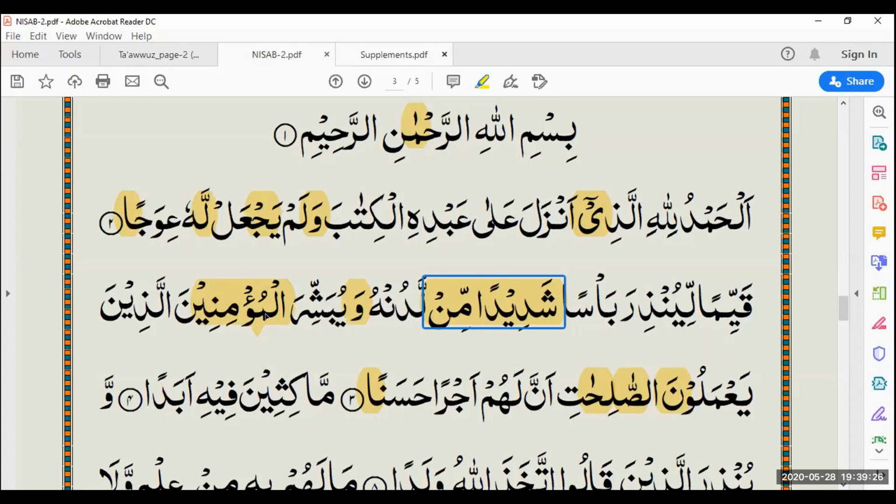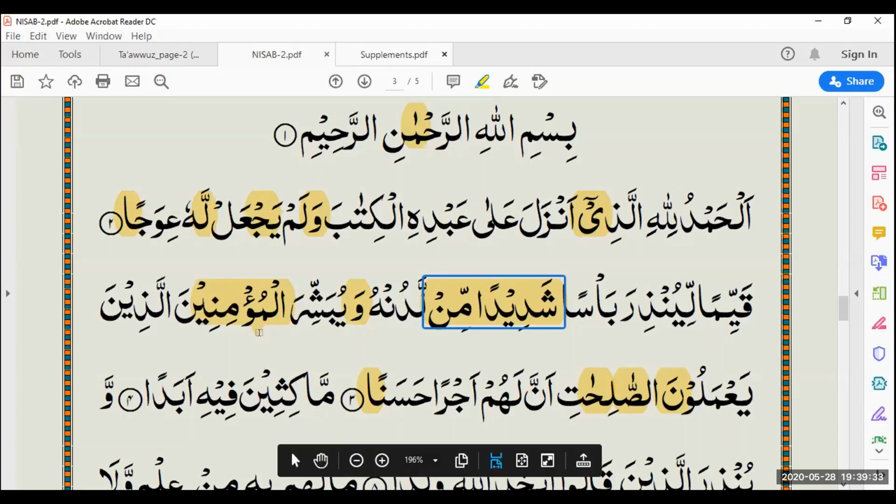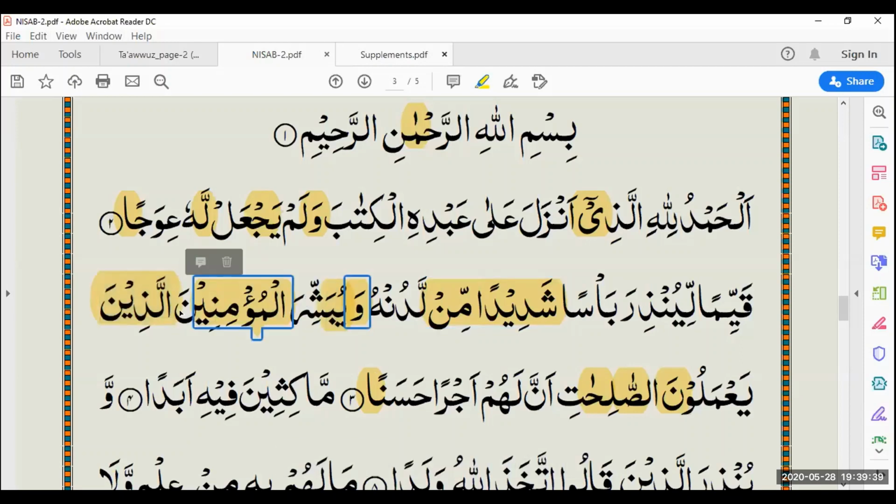Well done, excellent. That's correct. There was one point where I think you were out of breath. When you did a pause, a waqf here, al-mu'minun, you said وَيُبَشِّرَ الْمُؤْمِنِينَ. So when you're doing a waqf, this fatha turns into sukoon. So instead of al-mu'minina, it's al-mu'minin. Keep that in mind, otherwise it was well done.